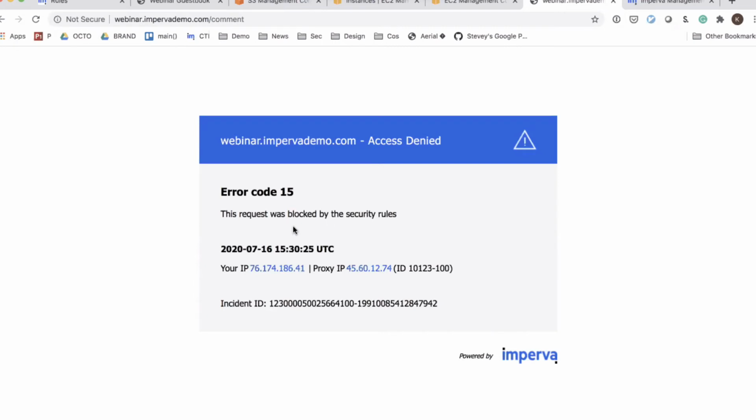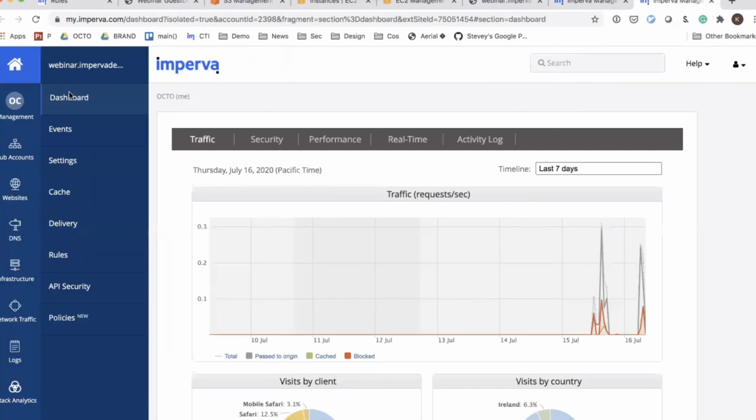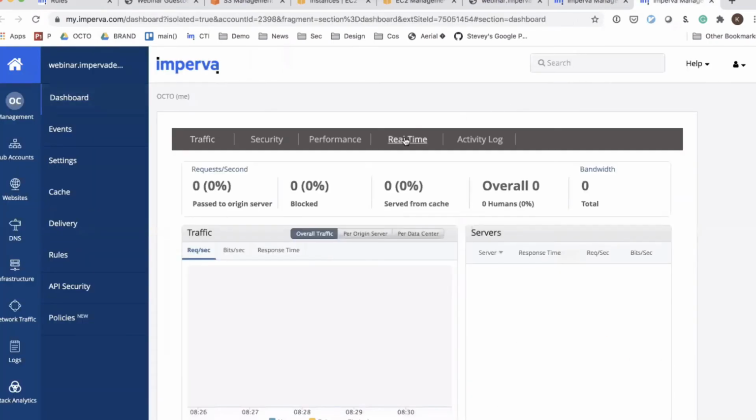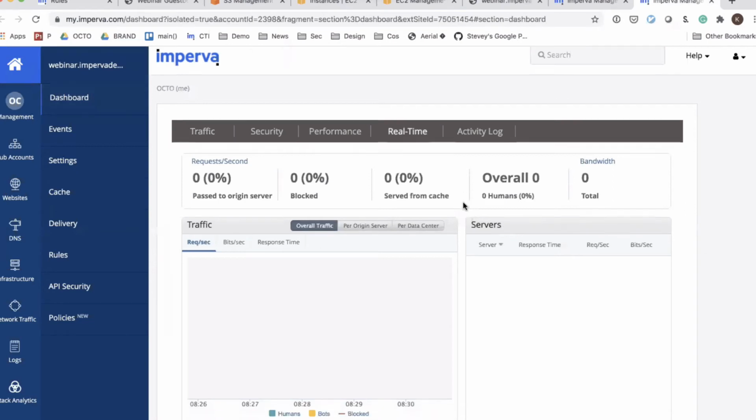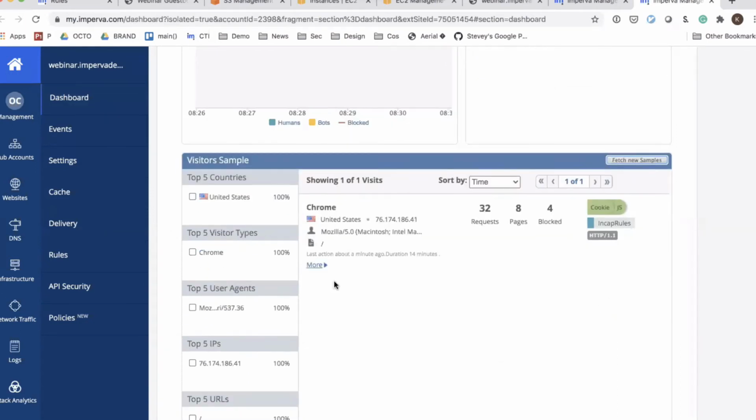And now sometimes a question that we always hear from people is, what security rule did you actually block on? As we start to add more rules, people always end up asking a question, what is this actually doing under the hood? So there's a dashboard section that we have for your specific website. And there's actually a real-time dashboard. It takes a second for the real-time dashboard to hydrate. But what the real-time dashboard will do is it'll go ahead and grab things off the wire. And you can see that we did a block of a specific Incap rule.